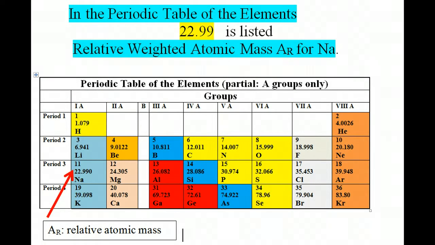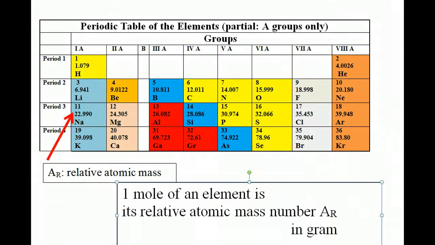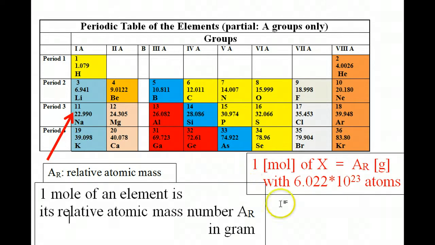Look into the periodic table of the elements. In group 1A, period 3, Na, sodium, above sodium you find 22.990, and then just add the unit gram behind it, like this, and that gives you the 1 mole. And 1 mole of an element is its relative atomic mass number, Ar, in gram. And you know that 1 mole contains